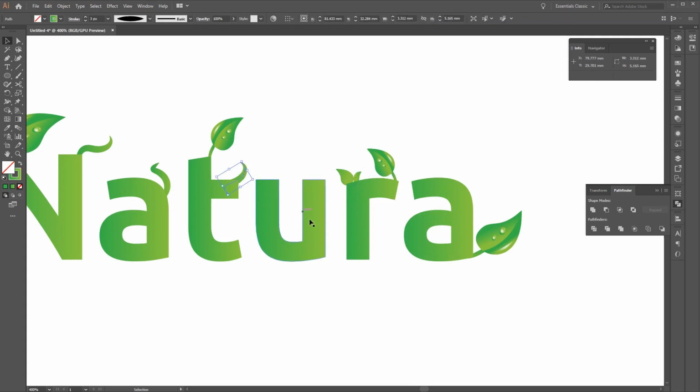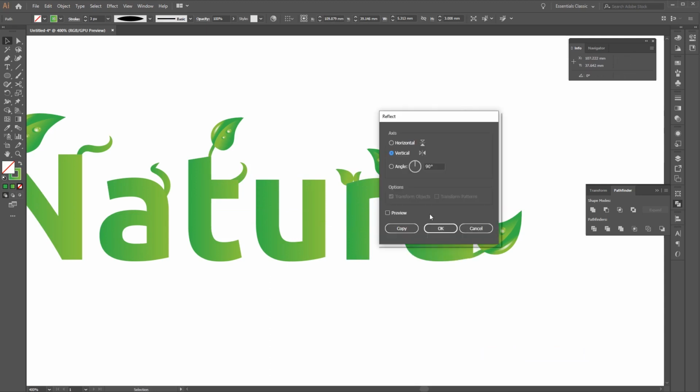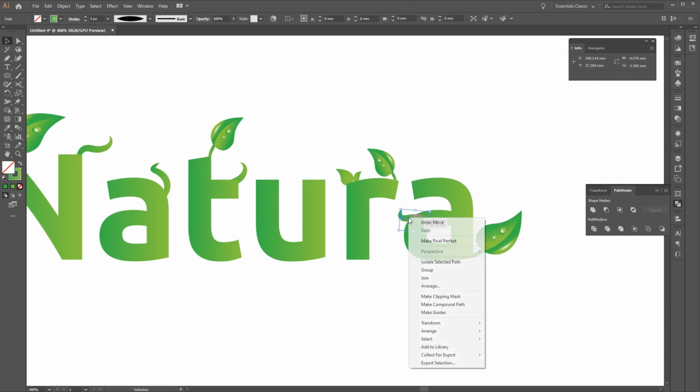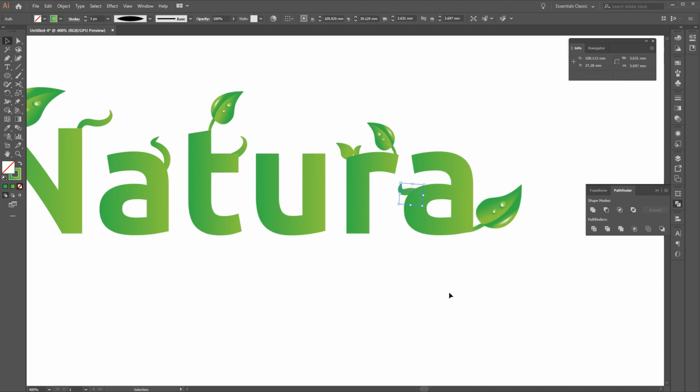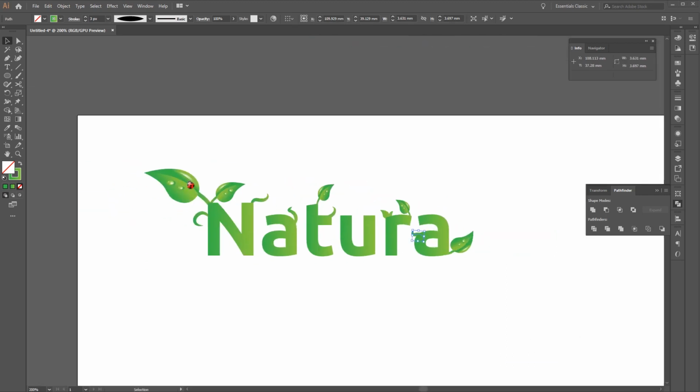Cool, and then maybe just one more vine on our A. Let's put this here. And let's transform this, reflect horizontally, like so. Arrange, center back. Awesome. And let's zoom out here. And then finally, the next thing you want to do